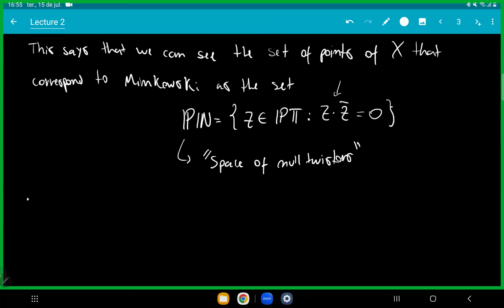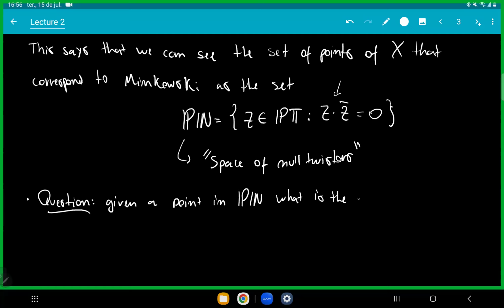So the question is, given a point in Pn, what is the corresponding structure on